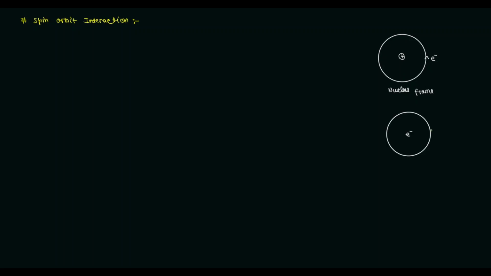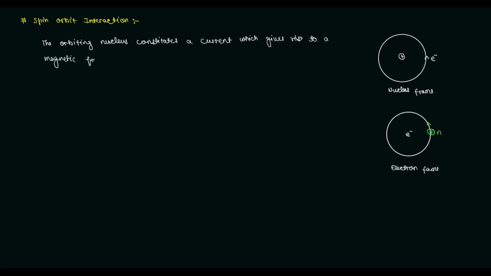So let's now talk briefly about the spin-orbit interaction. Consider an electron orbiting an atom. So in the frame of the nucleus, the electron orbits around the nucleus. But in an inertial frame co-moving with the electron, it is the nucleus which is orbiting around the electron. Now the orbiting nucleus constitutes a current which gives rise to a magnetic field at the origin equal to